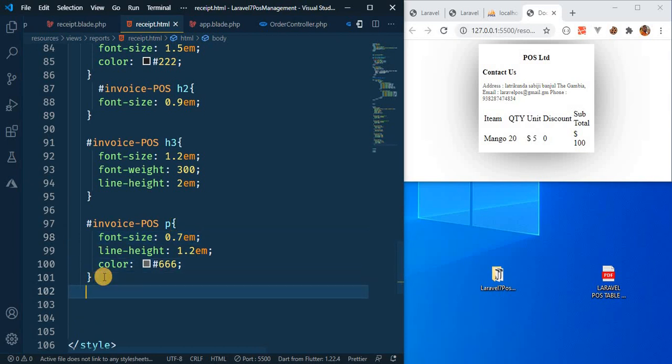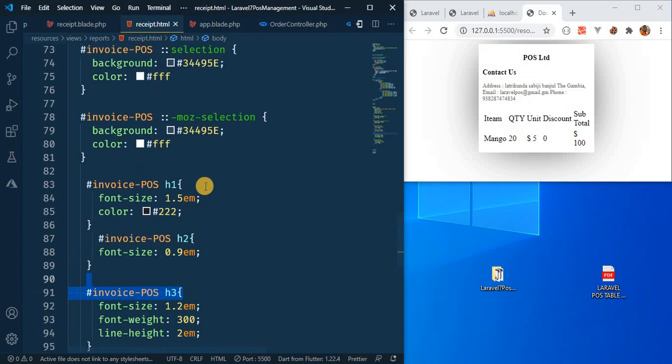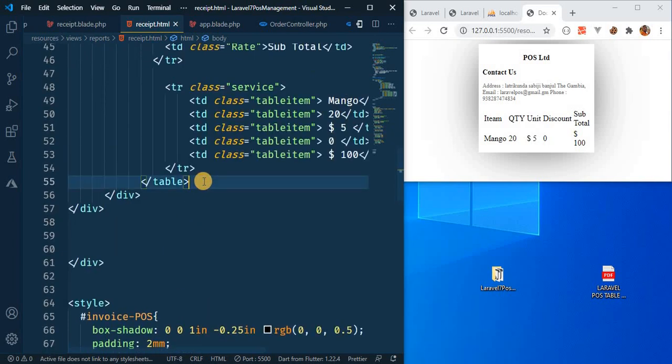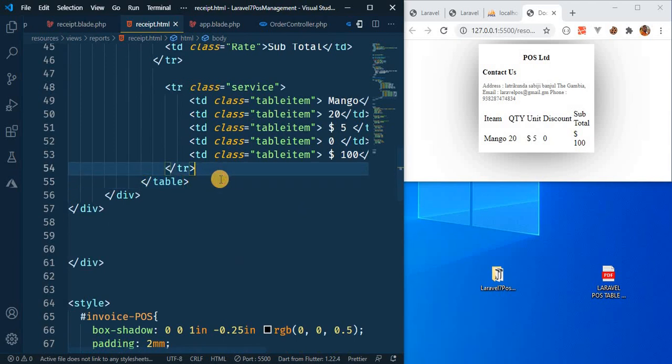And now let's go down. Let's go further. What we're gonna do is, okay, so you see our things is going fine, right? So let's go back here. I need to do something in the table section. Okay, so in the table section here